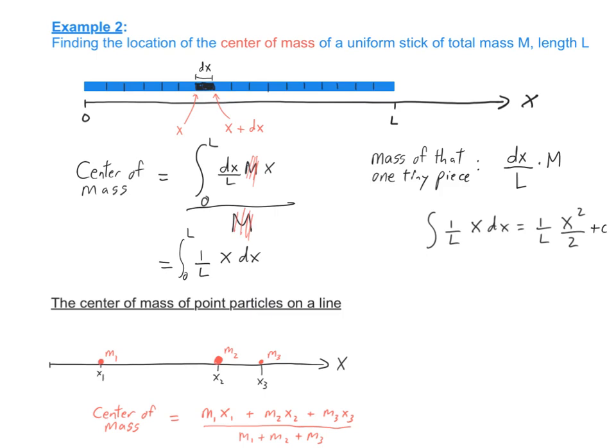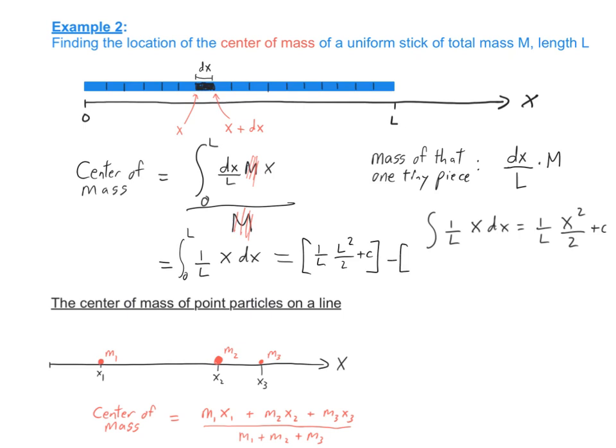Okay, so now let's go back and evaluate this definite integral between 0 and L. So remember how to do that. What we do is we start by looking at the indefinite integral, and we replace the x that appears in here by the upper limit L. So that gives us 1 over L times L squared over 2 plus a constant